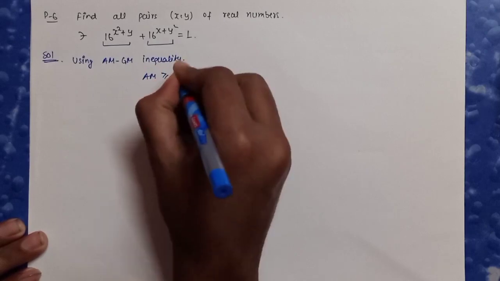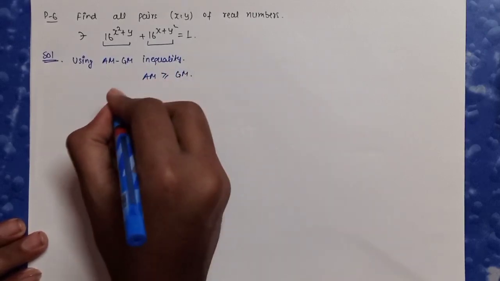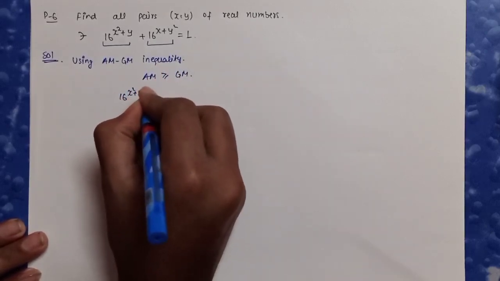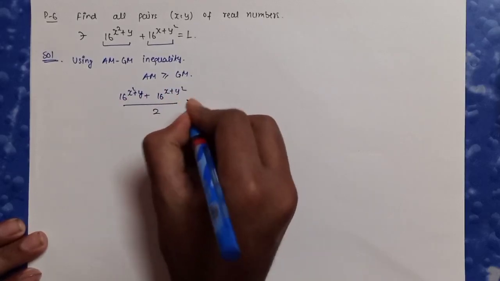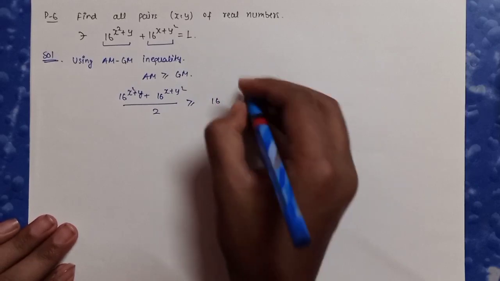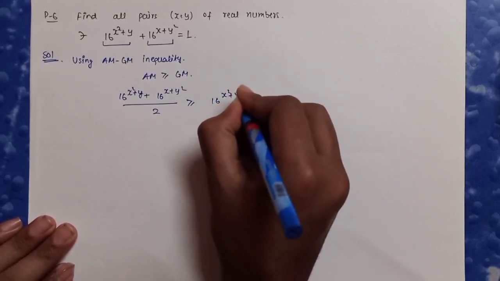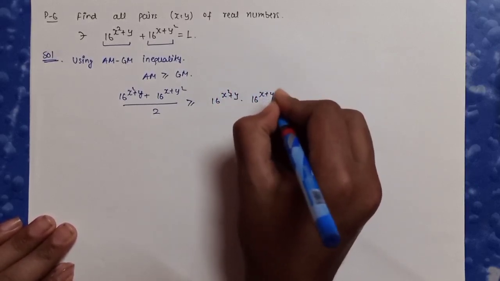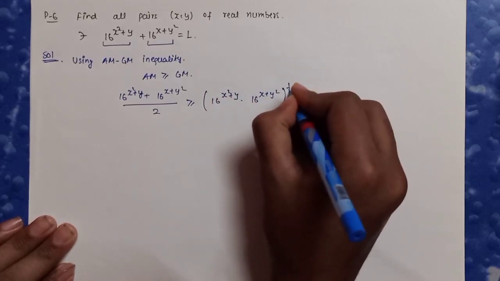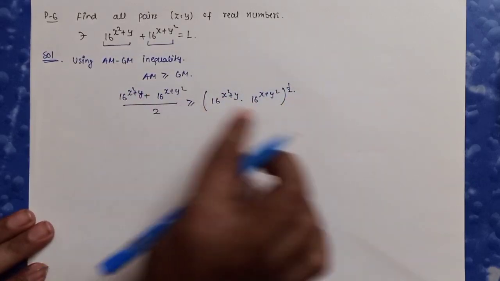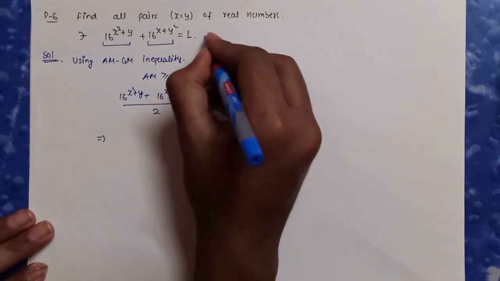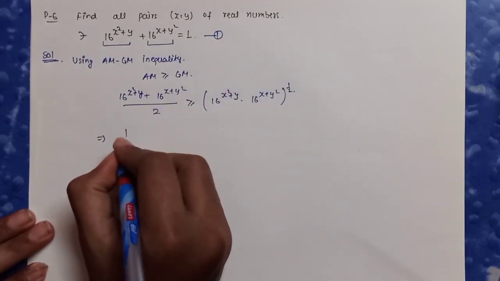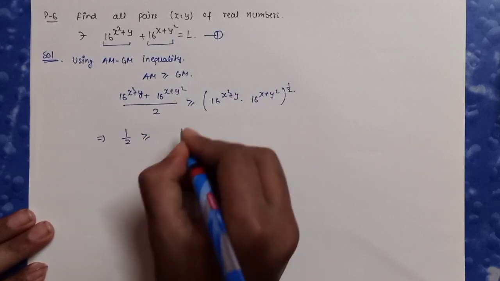AM is greater than or equal to GM. So 16 raised to x square plus y plus 16 raised to x plus y square, divided by 2, must be greater than or equal to 16 raised to the power x square plus y multiplied by 16 raised to the power x plus y square, whole raised to the power half. So this is AM greater than or equal to GM we have written. Now let's solve this. The value of the left side is given in the question as 1. So let's use that: 1 by 2 is greater than or equal to